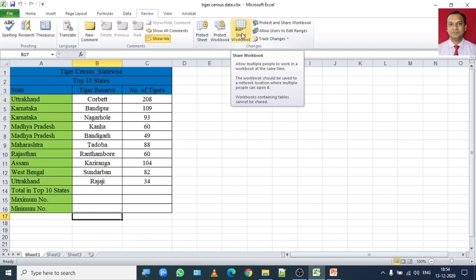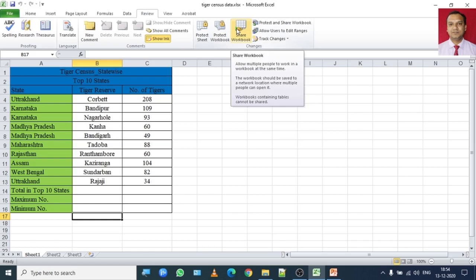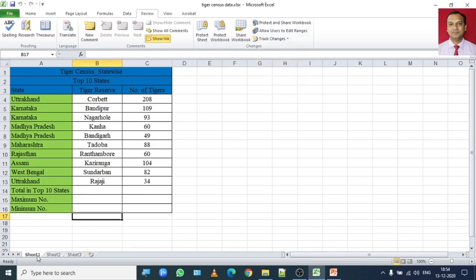You are seeing an icon of a hand which is sharing something. If you look over here, when I hover my mouse, it says allow multiple people to work in a workbook at the same time. So working together at the same time will save your time and multiple team members can work on different worksheets of this workbook.